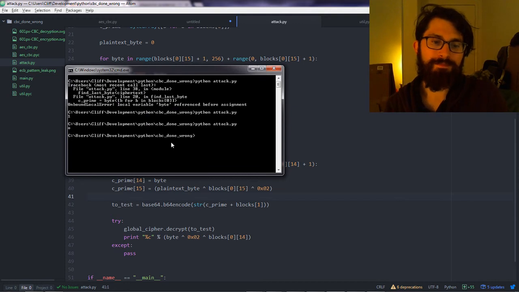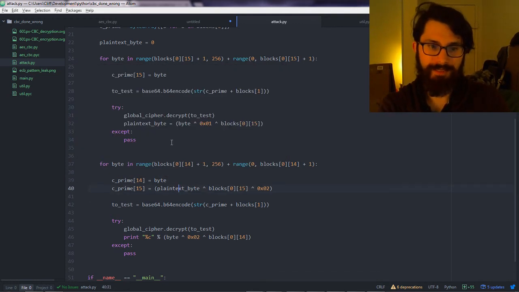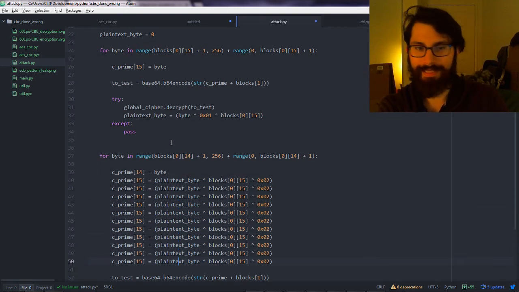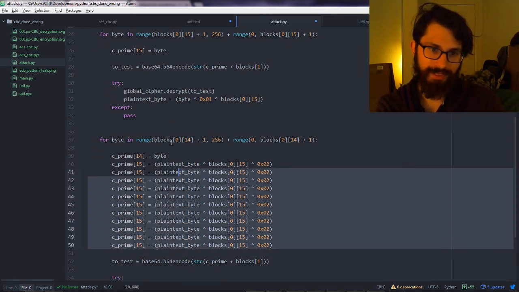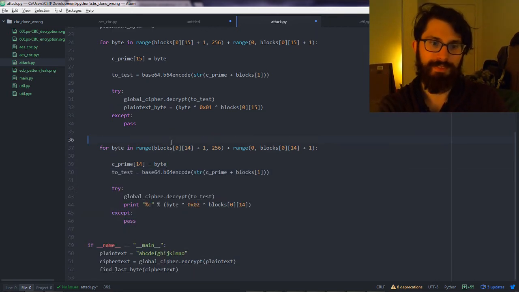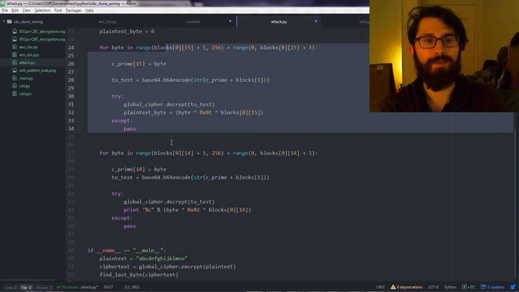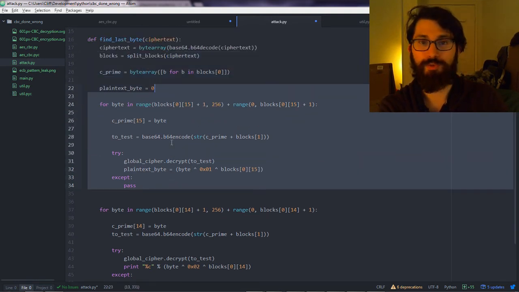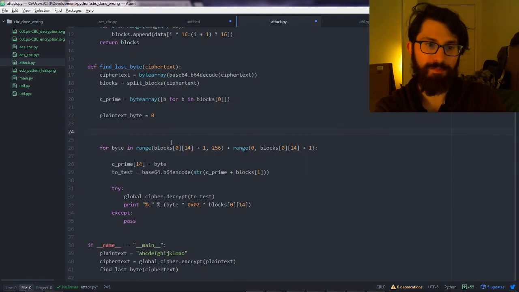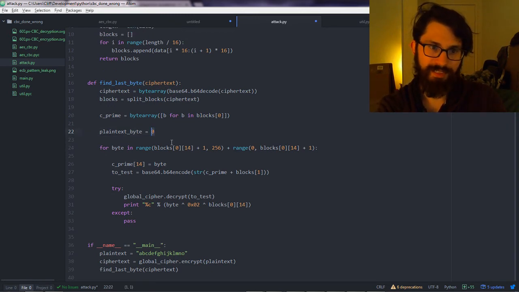So we can do better with this. We don't actually need to go through each time, because that'd be annoying. We'd have at the end of that like 16 of these, well 15. And it's very annoying to do that, so what we're going to do instead, we're going to vectorize everything. And what I mean is that we're going to, instead of working with individual byte values, we're going to work with byte vectors. So our plaintext byte now becomes plaintext bytes,